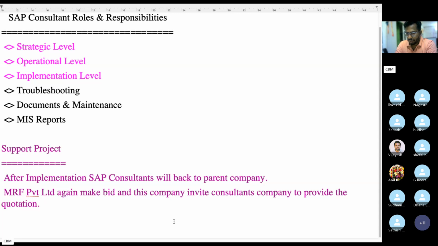So at the time of transaction posting or execution of reports or any kind of things, while the SAP end user is working, errors will come. You need to resolve those errors. So once an error has come, then he will raise the ticket. So the ticket can be classified as